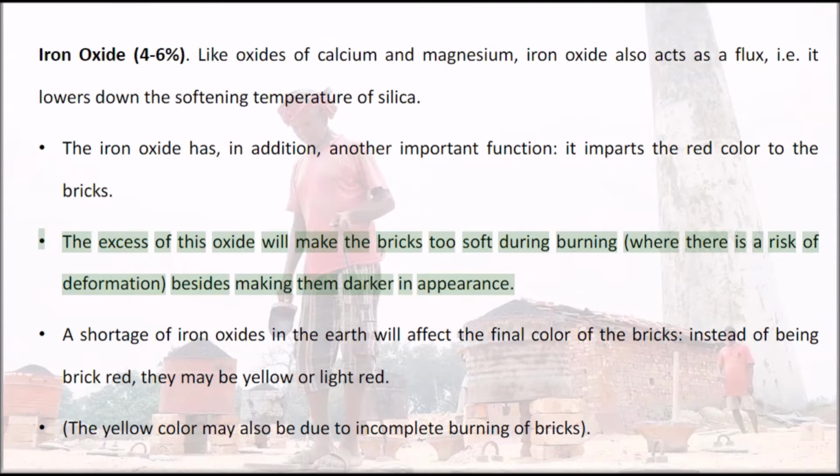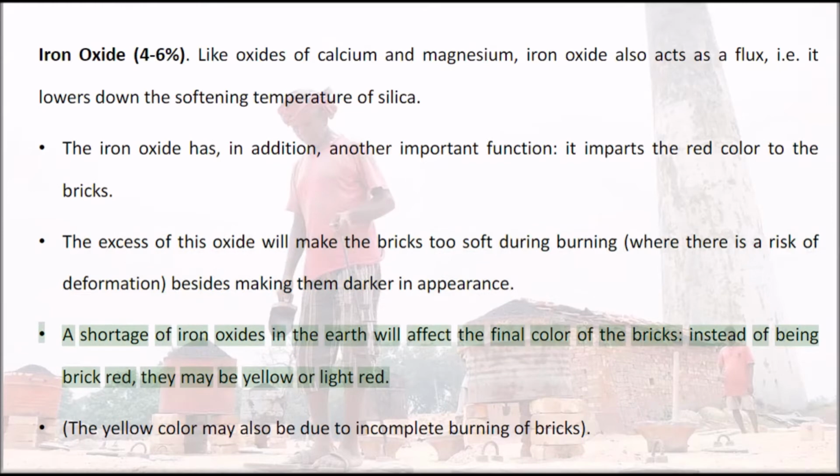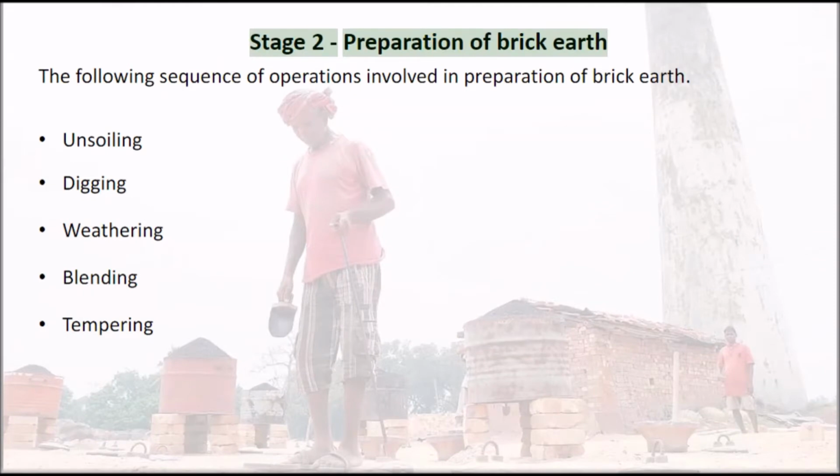A shortage of iron oxides in the earth will affect the final color of the bricks. Instead of being brick red, they may be yellow or light red. The yellow color may also be due to incomplete burning of bricks. Stage 2: Preparation of brick earth. The following sequence of operations involved in preparation of brick earth: